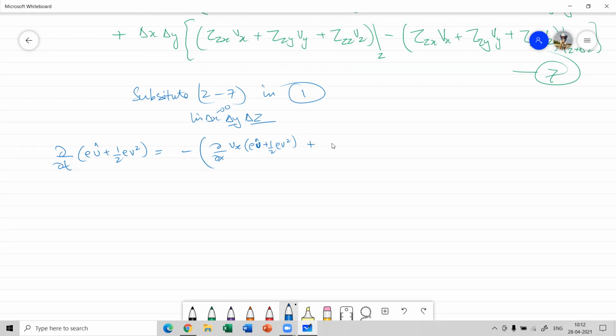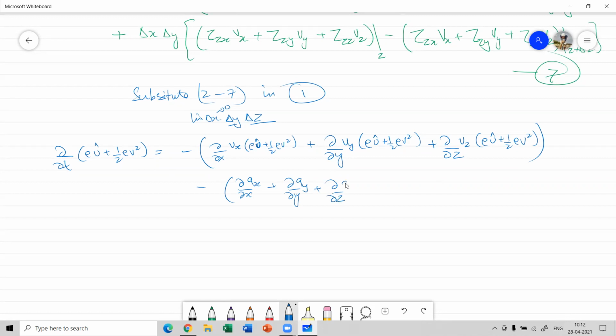Plus del by del y of Vy into rho u cap plus half rho v square plus del by del z of Vz into rho u cap plus half rho v square. That is 1. Minus del by del x of qx plus del by del y of qy plus del by del z of qz